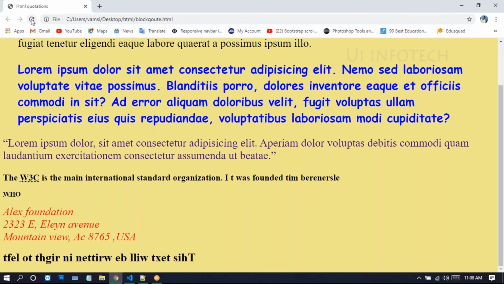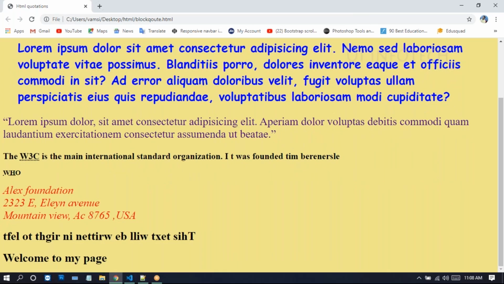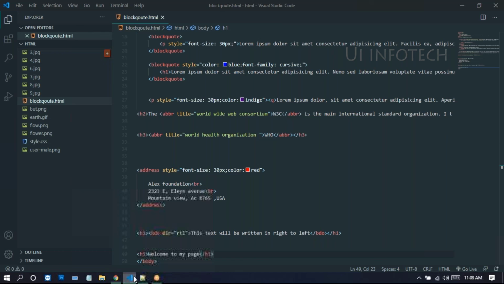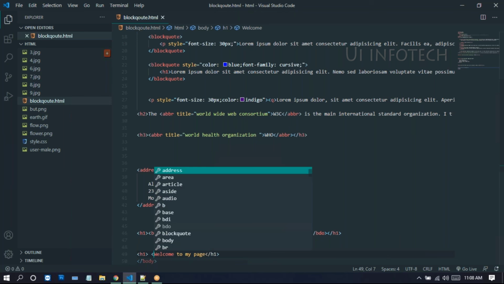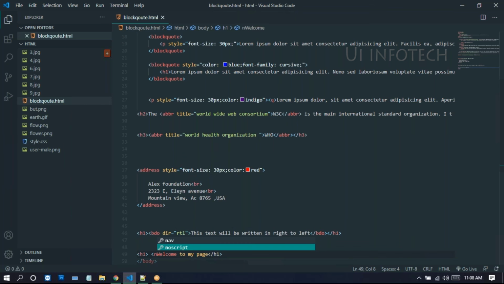Look at this one. For this text, I'm just changing the direction. For changing direction, we can write bidirectional override. So here I'm taking the BDO tag. We can cut this BDO tag and paste it after the text here.